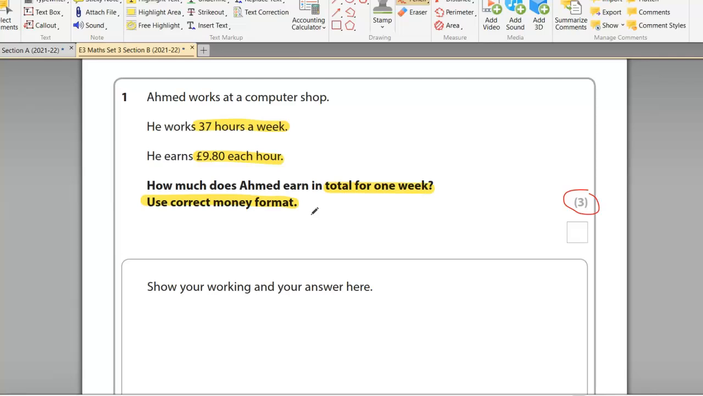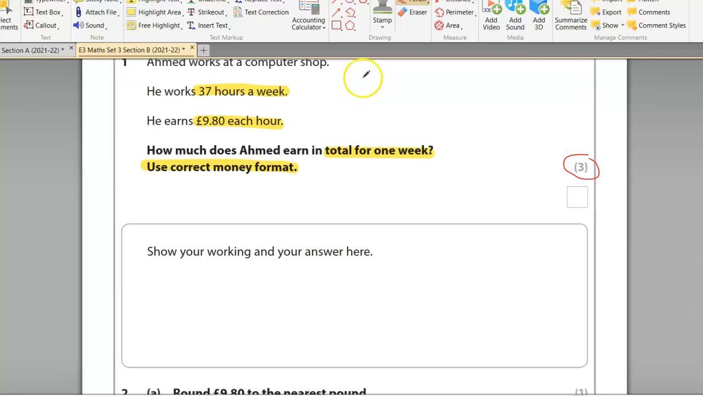So this is a calculator question. You don't need to show all the manual workings for this. You simply need to get your calculator out and push on your calculator buttons 37 times 9.80. And in your working out box here, that is all you have to show. When it says show your working, all you have to show is what the calculation is and what the answer is. So on your calculator screen, it says